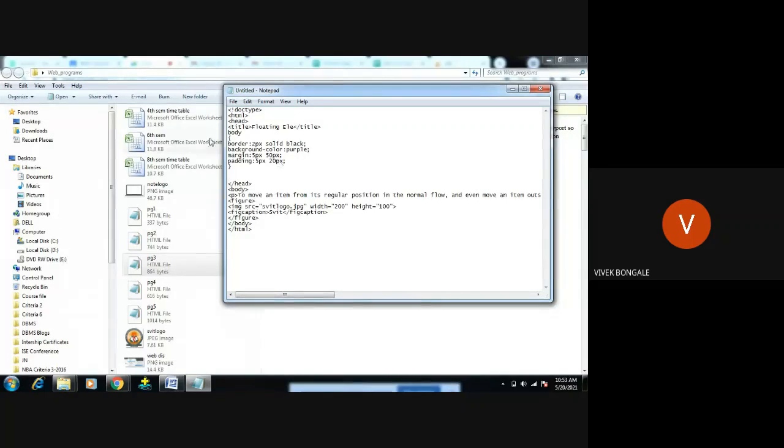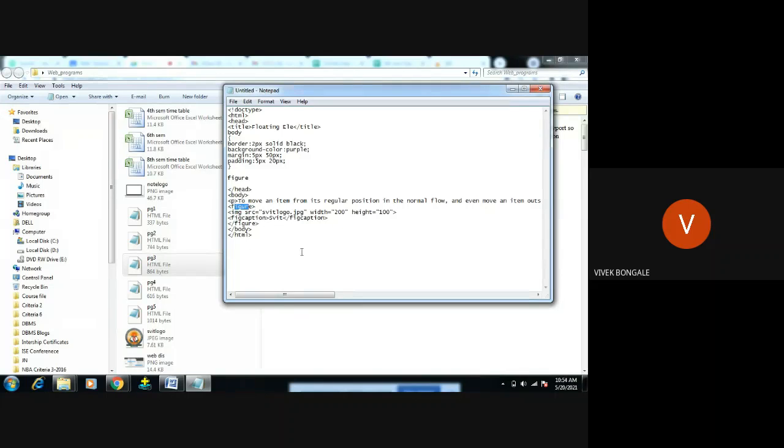Okay, this is what this will create. This will create one container, the whole body, whatever we are giving, right? This portion. For this portion, this particular CSS will be applied. It will create one border, means one box will be created. In that box, this content should be displayed, and I want to float this image at the left hand side. So for that, I have to apply CSS for this figure, to float this image at the left hand side. So figure,